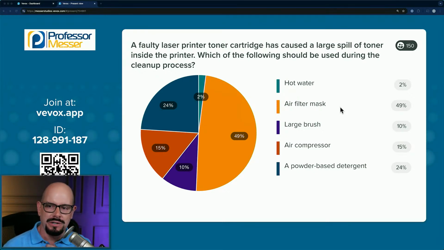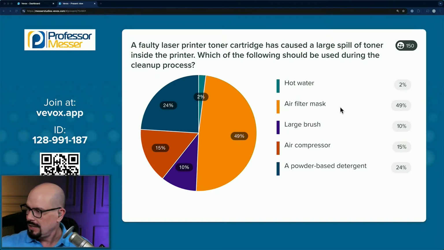So make sure you are familiar with safety. You are familiar with how you would determine what the best safety would be for a particular scenario. And you would know what documentation provides you with that information that you can then use. That's why this is a 220-1102 Core 2 question, because it deals with that particular area. Not really a printer question as much as it is a safety question, and that's where we came up with that one.